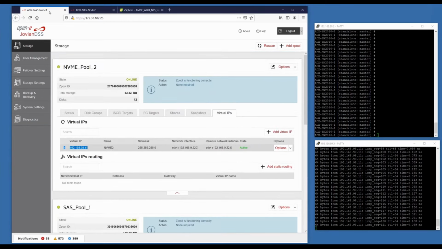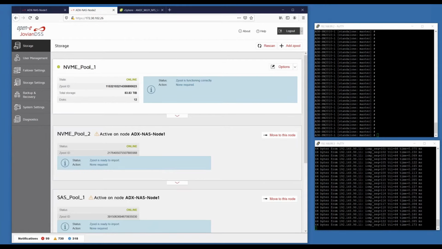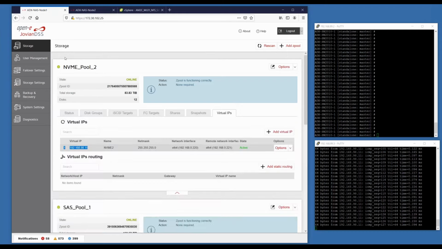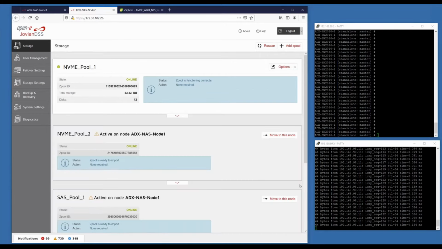He is still on node 1, and node 2 has already grabbed the first pool. So back to this one, that is 98.11. I will go ahead and go over to node 2 and grab him. And again, just keep an eye on the latency over here. On this second window here, you can see 98.11.